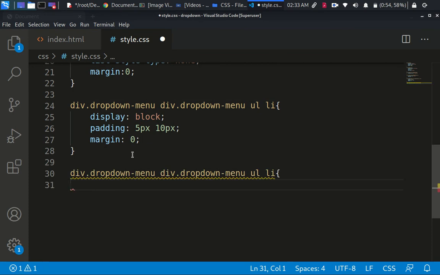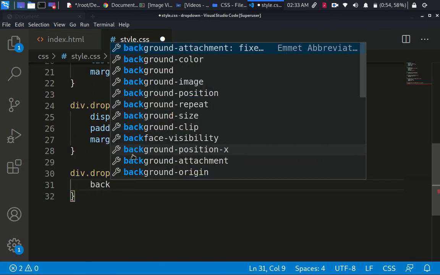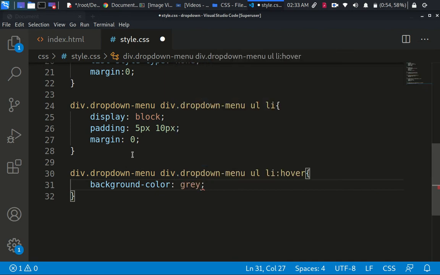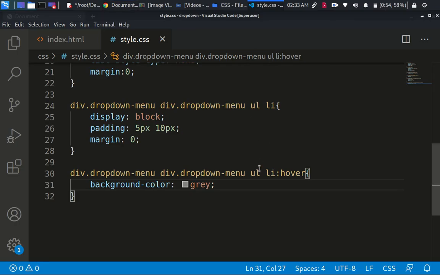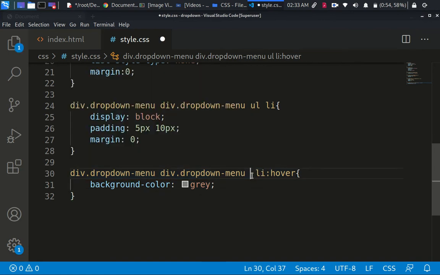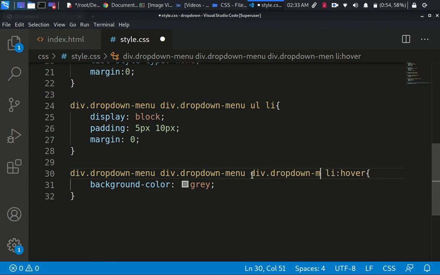I think I pasted that. Okay, I did. I want to see when you go over on this, you should have a different background color, maybe like a gray, because the background is still going to be white. Well, that is not actually saying it. It's not even saying it. So let's just turn this on that list to deal with the class of dropdown